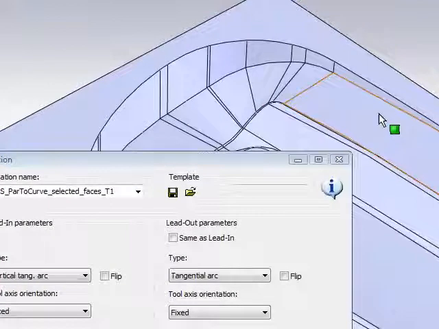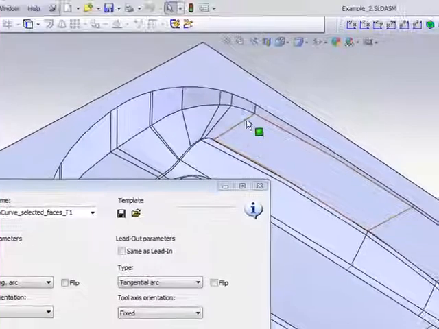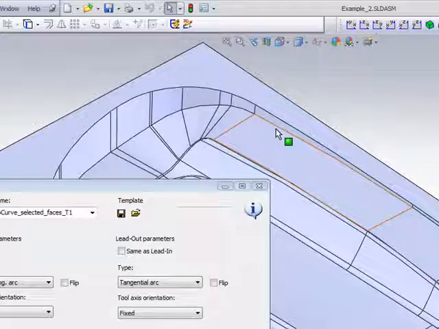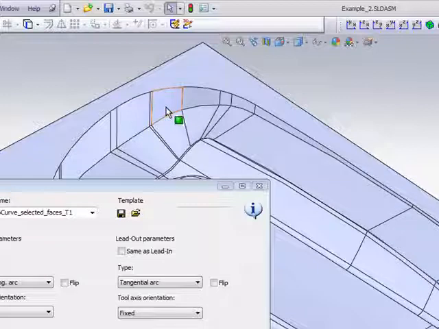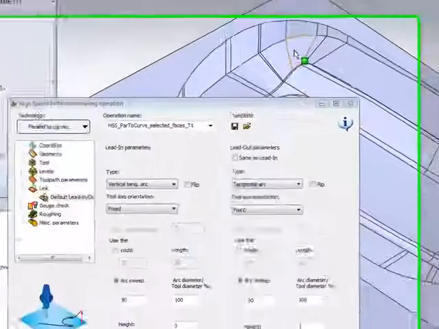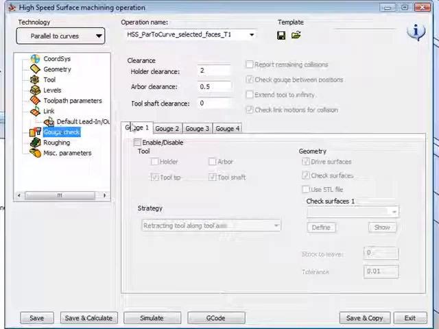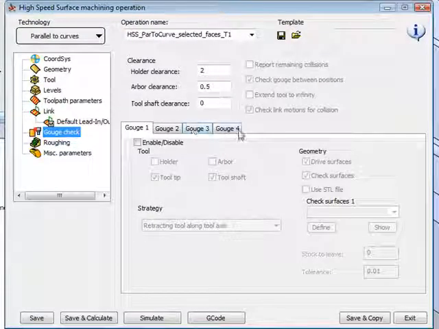If we machine this part right now the way it is, we'll actually be crashing into these walls itself. My tool path goes exactly up until those areas itself. So we have an extremely powerful tool in HSS, which is not available anywhere else, which actually checks the gouge, making sure it does not crash into the wall, and it can also keep it away a specific distance that I choose. I'll simply go into my gouge check, and we have a series of 4 different possibilities for gouge